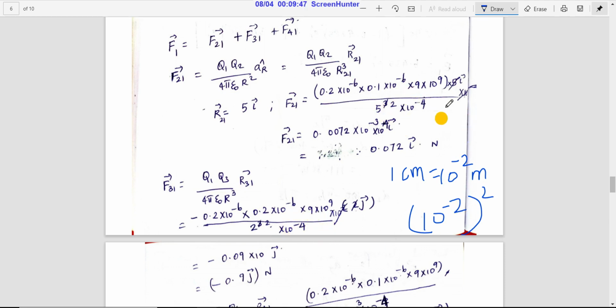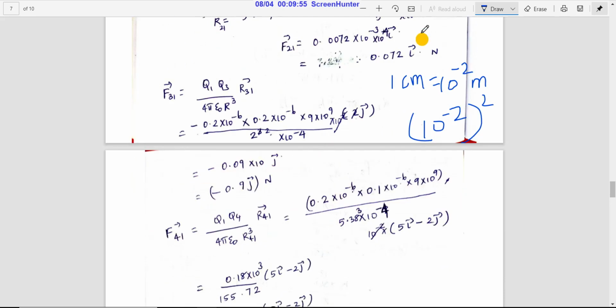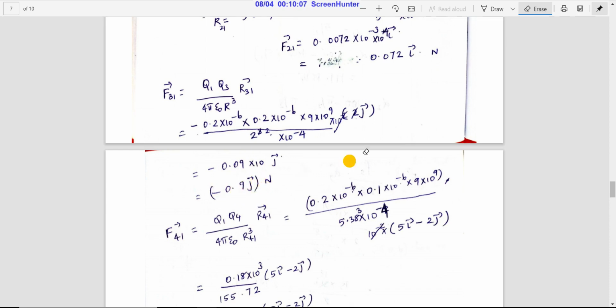That's why the term has come. Here also, for the same reason, the 10 power minus 4 has come. So if you just reduce the particular equation, then we will be getting the answer as minus 0.9 j vector,